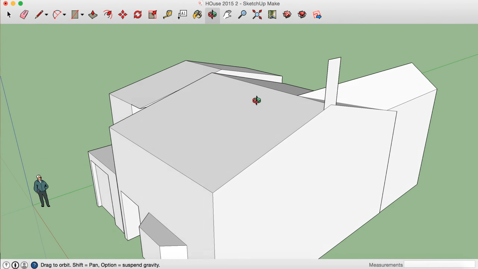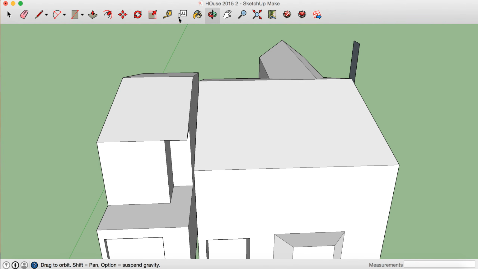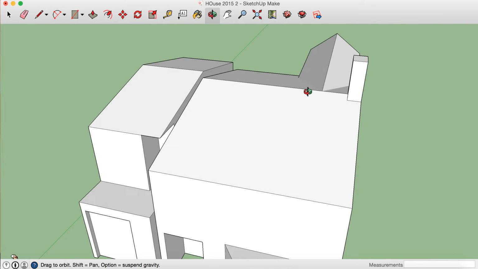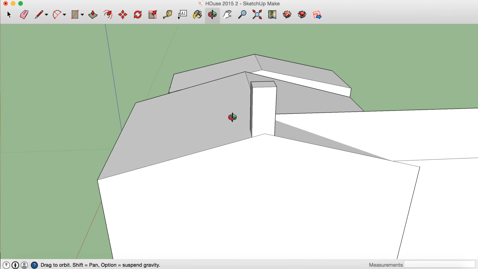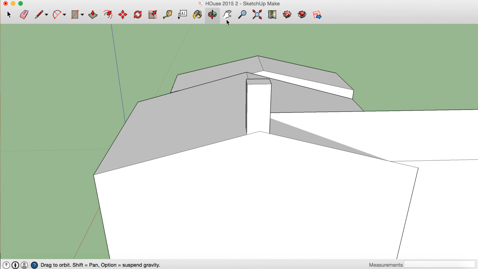So we've got our kind of side to the chimney, and now it's just a case of using the push-pull tool and pulling it outwards like that. And then from there we could make it bigger or smaller depending on what we wanted to do with it. Okay, and you can use the different shapes to put the sort of chimney pots on the top, or you could even, if you've got a slightly rounded chimney, you could use the